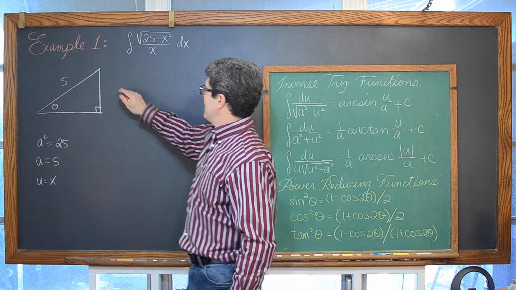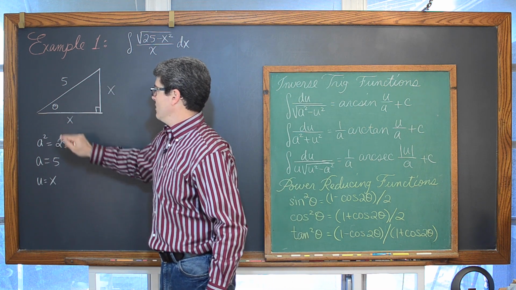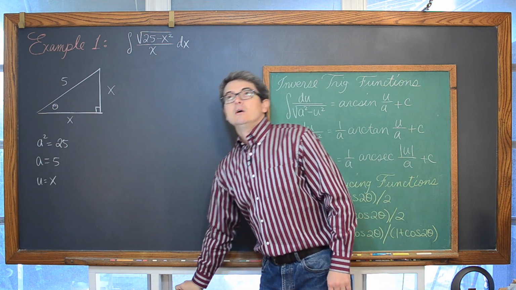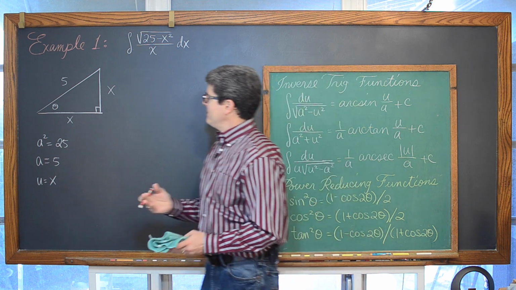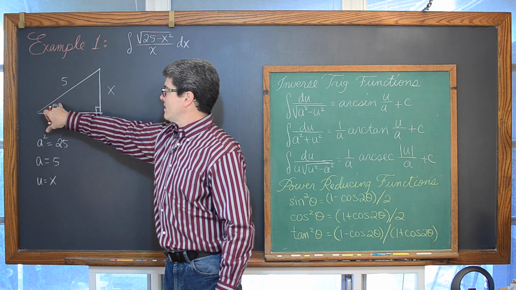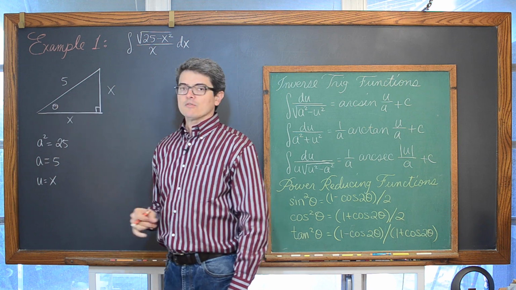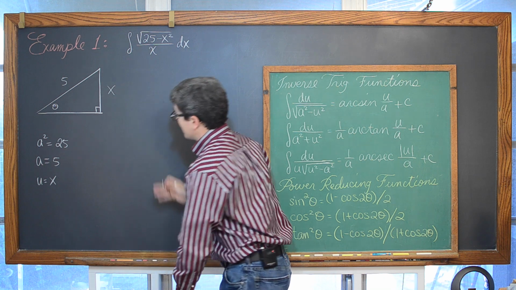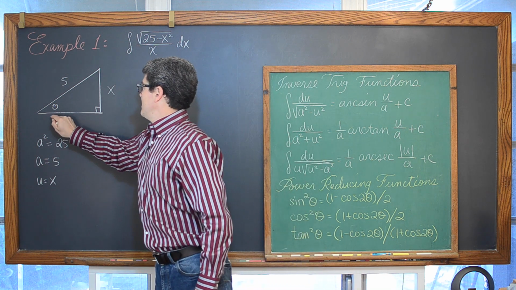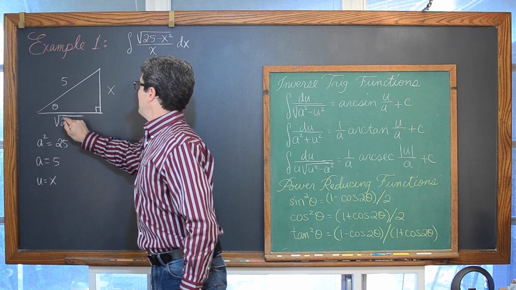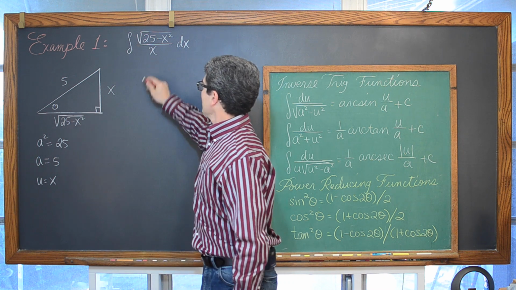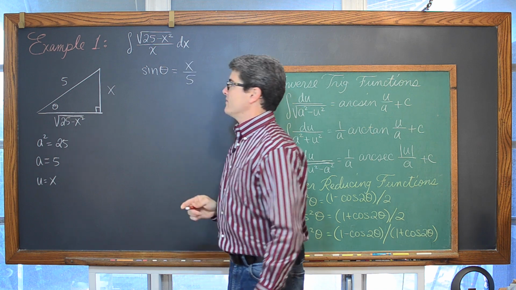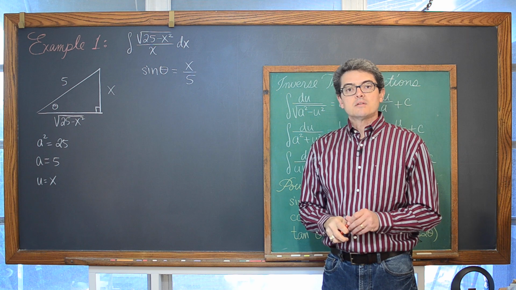So where does the x go? Do we put the x here, or do we put it here? Well, we want to set up theta again with one of those primary trig functions: sine, tangent, or secant. If I put my x here, then we're going to have the cosine of theta is equal to x over 5, and that's a co-function, a secondary trig function, and I want to use a primary one. So we're going to put the x there, and this is going to be the square root of 25 minus x squared. And now we're looking at the sine of theta is equal to x over 5, setting up those ratios so that we have the constant in the denominator.